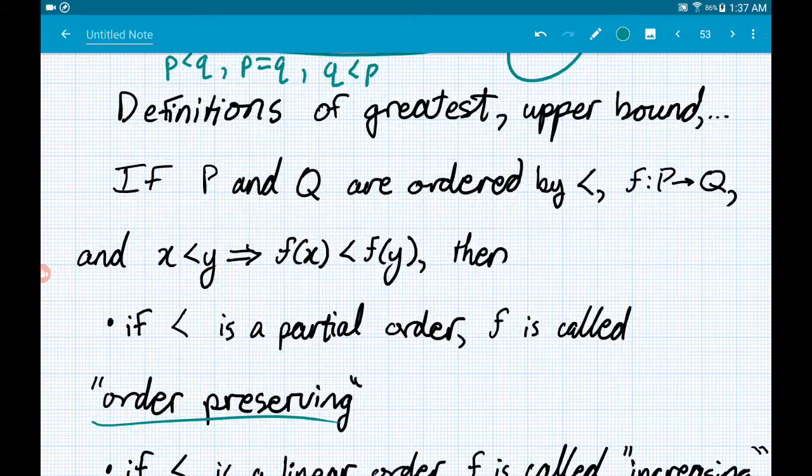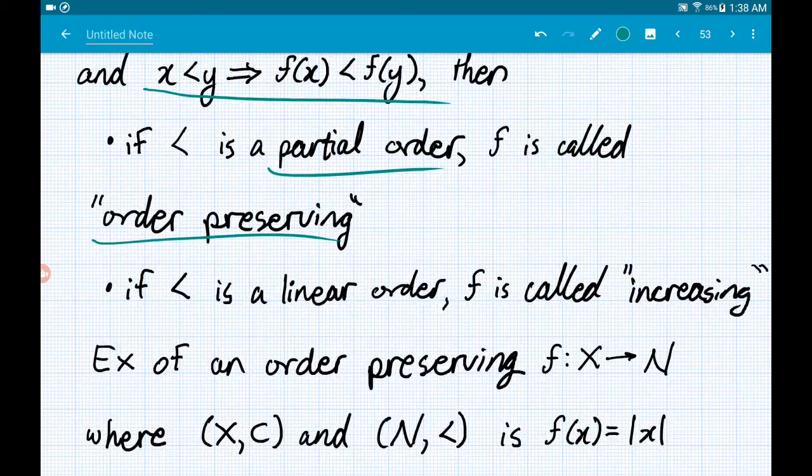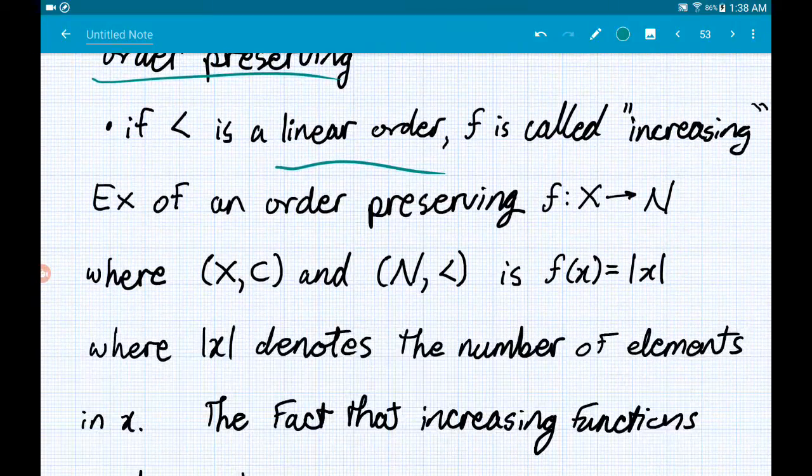All right, so suppose that we have a partial order on P and Q, and a function has the property that whenever x is less than y, then applying the function to each preserves this order. Of course, that means that the function is order-preserving. If it were in fact a linear ordering, we would call the function an increasing function for somewhat obvious reasons,